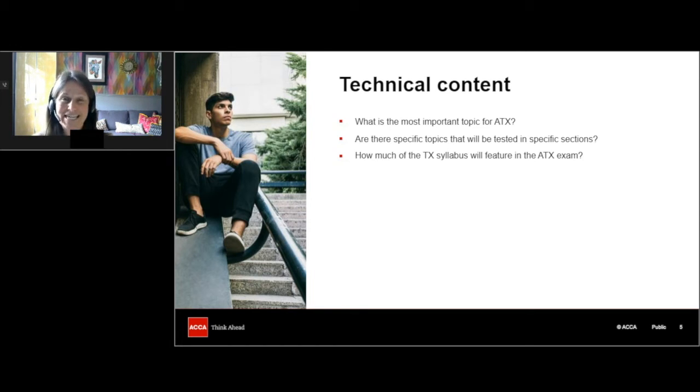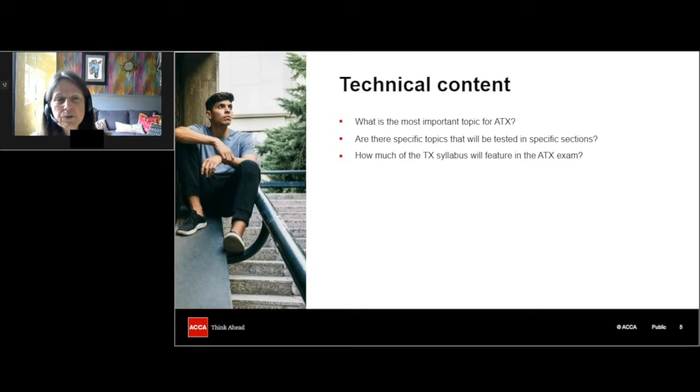So it's really key that you do still know your TX material. And that's probably one of the most common reasons for students not getting through, the lack of that TX knowledge. And you should find that as you practice questions, you'll see the kind of things that get tested. And it's all those basic computations, so basic income tax, basic corporation tax, capital gains, and particularly for sole traders, the assessment rules, losses are things that very often get tested still in the advanced tax exam.